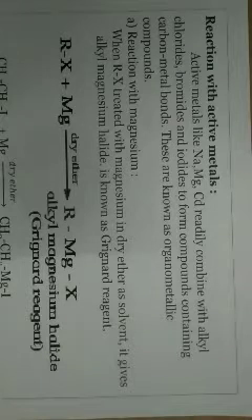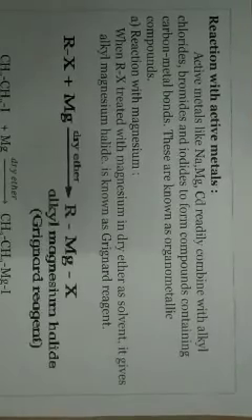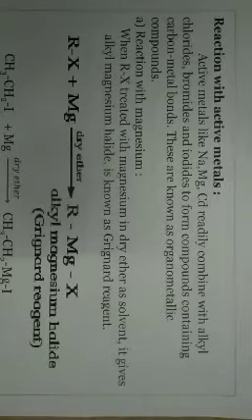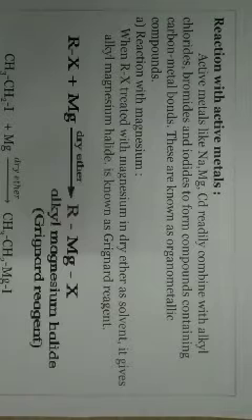Now further we are going for some more reactions, that is, now we will see about the reaction with the active metals. Active metals means metals like sodium, magnesium, cadmium that react with alkyl halides, alkyl chlorides, alkyl bromides or alkyl iodides to form compounds containing a carbon-metal bond. Compounds in which there is a carbon-metal bond are known as organometallic compounds.